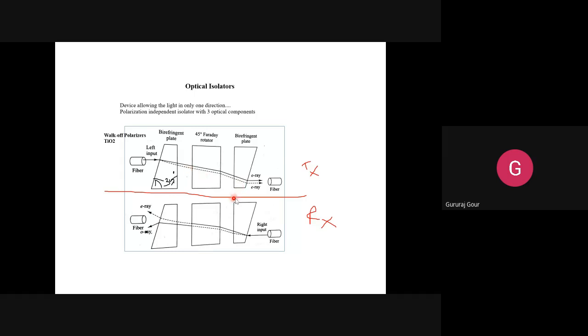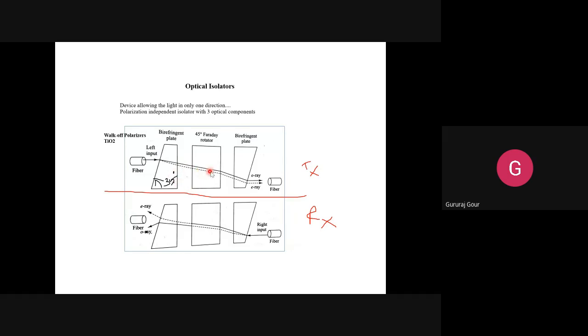So because of this different orientation, the single light ray in the initial part itself will be converted into two rays. One is the ordinary ray that is not affected by any of these plates' orientation actions. Another one is the extraordinary ray that is undergoing the orientation by the impact of these two plates and the Faraday rotator. So that's why we are getting two types of rays from the single optical ray coming from the fiber.